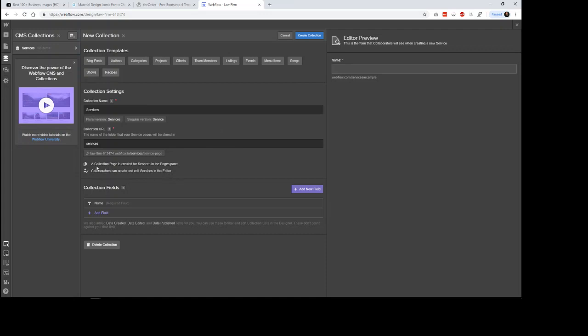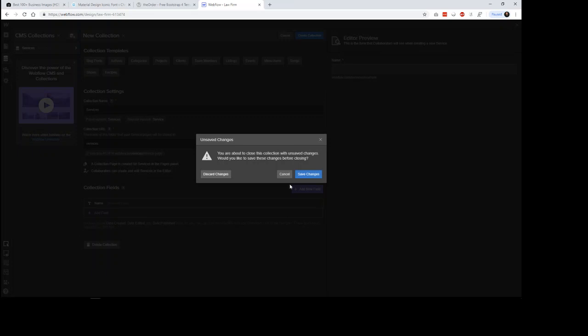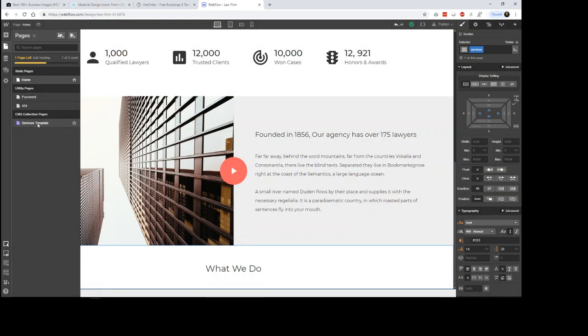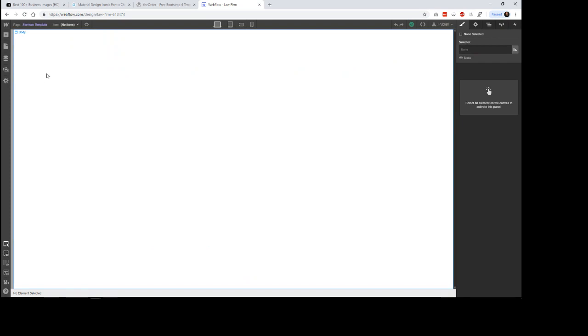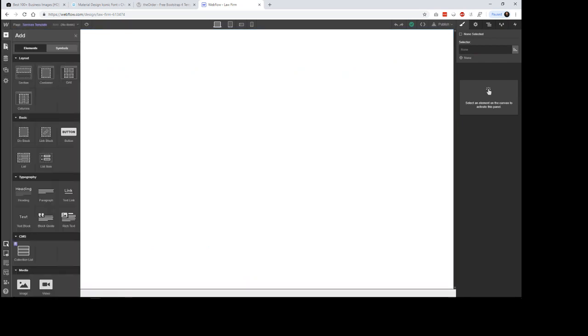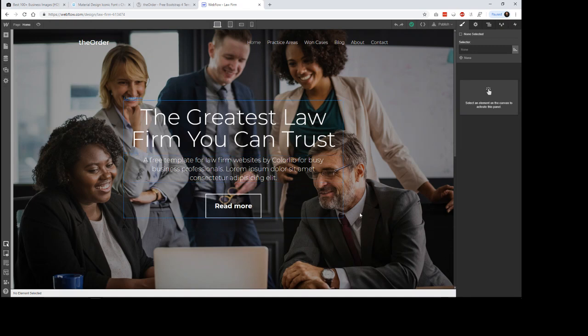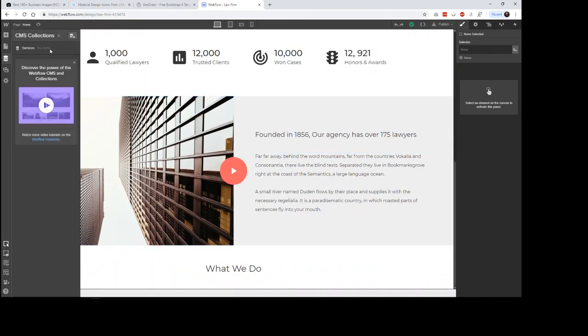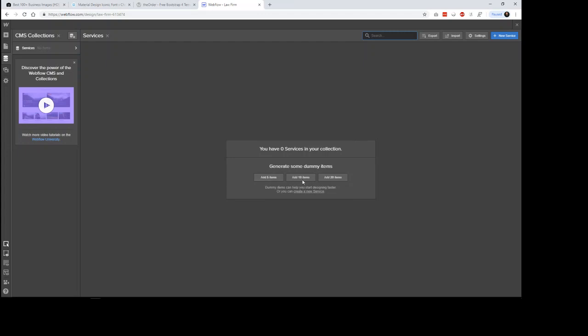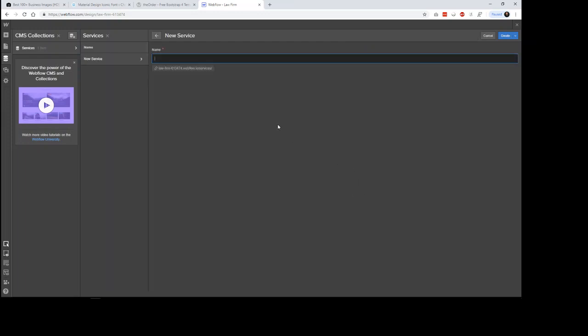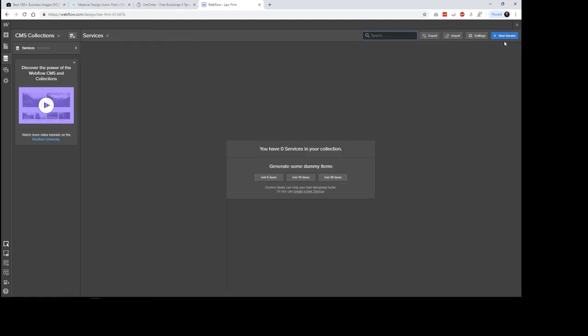And then it says that a collection page is created for services in the Pages panel. So let's save our changes. And then we can see that there's a services template page that's been created. We can talk about that later. Let's go back to the home page. Actually, let's go to our collection. You can add some dummy items in here, or you can make your own. So what we need to do is we need to go to